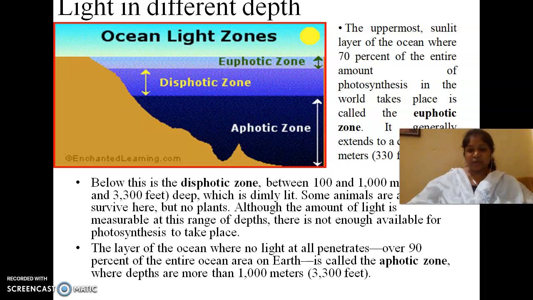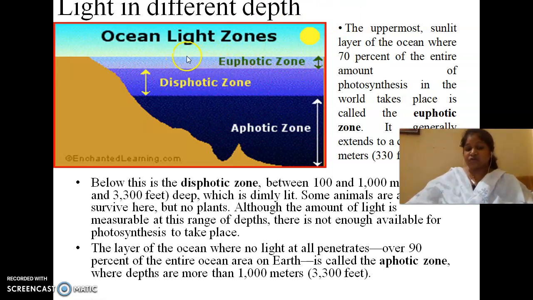So accordingly, we divided the ocean into 3 parts. The first one is the euphotic zone, where 70% of the light will be absorbed. After that, the dysphotic zone, where a little light will be available. Then the aphotic zone. If we get most of the light in the topmost layer, so most of the